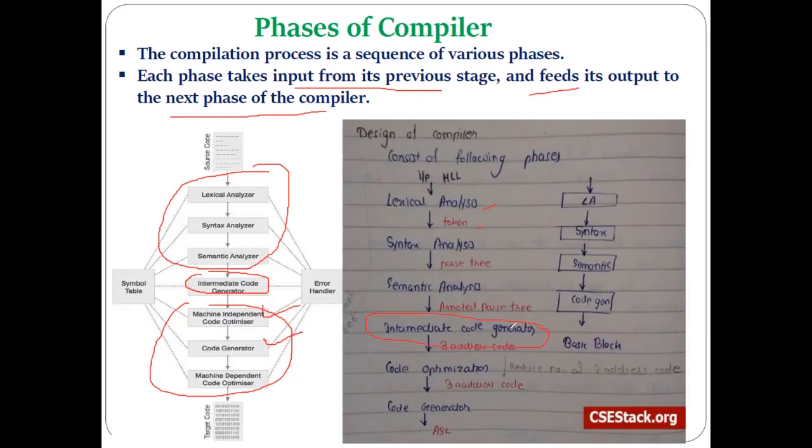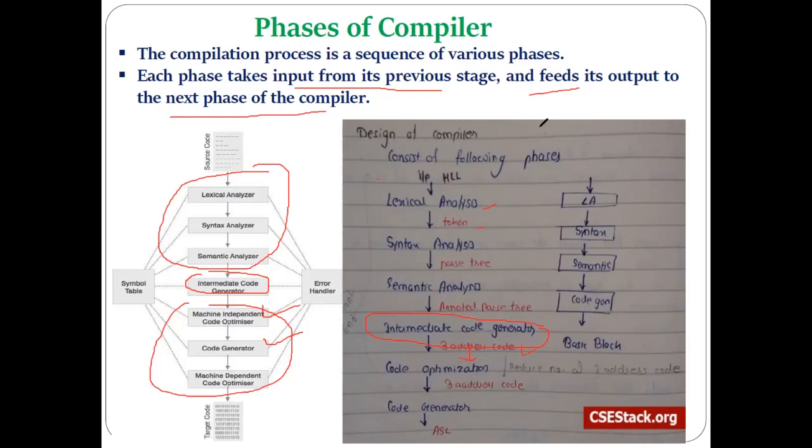Intermediate code generation we also discussed last time. We generate the intermediate code in the form of three address code and give it to the next phase of the compiler, that is the code optimization, which we are going to discuss. In the previous lecture, we discussed what exactly the intermediate code is, why it is required, and the different types of intermediate code. Among the types, we discussed the three address code as the main type, and also the different ways of representing three address code.